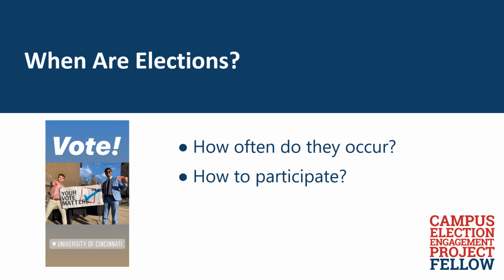So when are elections? How did they come about, and why do we have them? Elections occur every year. That's crazy, right? Most people only connect elections with the presidential election, which happens every 4 years. What most people fail to recognize is that people are voting and talking about elections all the time. So how does this happen?